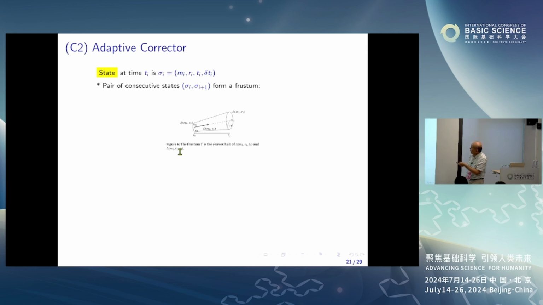And if you have a state here, which is a disk, and the next state, you can take the convex hull of these things, and it forms a frustum. And this frustum, hopefully, you know that your curve comes in at this end, and you want it to come out on this end, right? So this is a valid frustum if that's true. So how do we ensure that? Well,